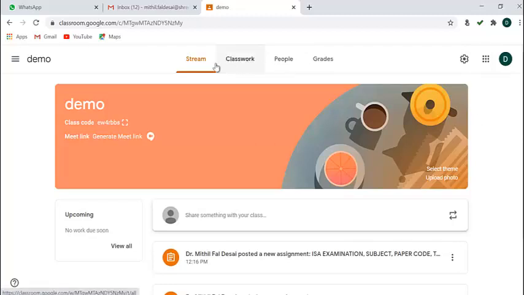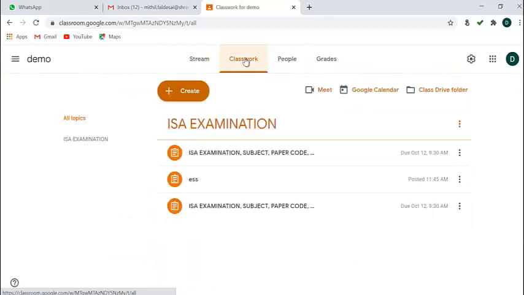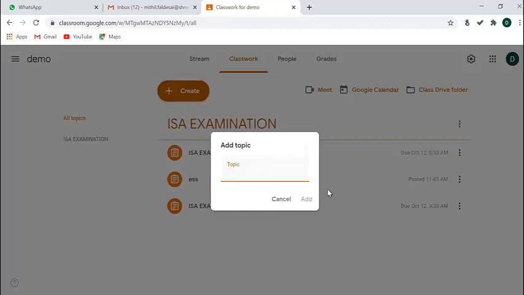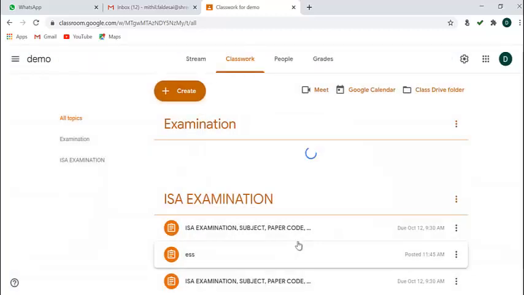So first, when you open the page of the Google Classroom, this page opens and then you click on classwork. It's always better to create a folder, so you can create a folder of the examination. So you can write examination, add this folder to the wall,